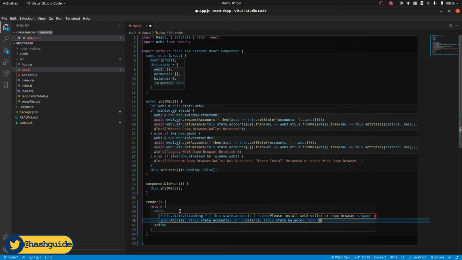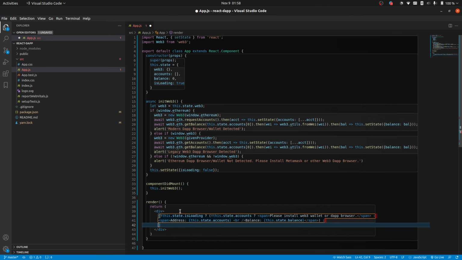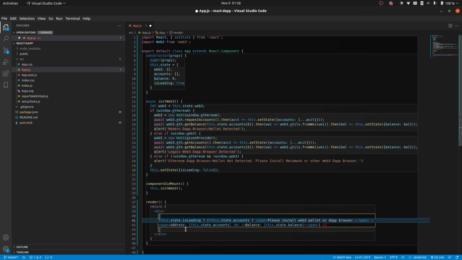So that's that. And now if our is loading is true, then we are going to fix this formatting right here. So if this is true,